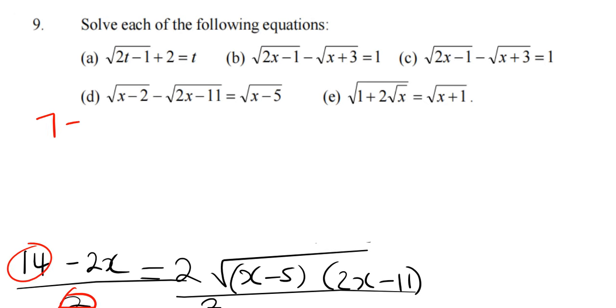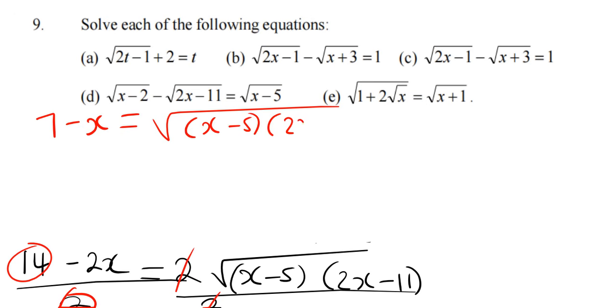The 2 into the negative 2, that is an x. This will be equals to, the 2 and the 2 are going to divide. I'm just now going to remain with the square root of x minus 5, 2x minus 11. Alright, so this is what I have now,